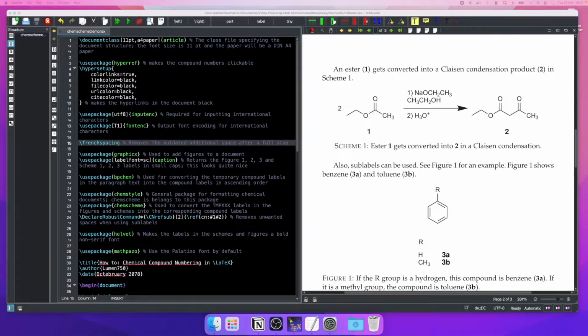LaTeX can be quite intimidating for beginners, but it can be equally helpful when working on large documents that involve repetitive tasks. And for chemists, one of these repetitive tasks is the numbering of the compounds in the document text and in the figures and schemes in ascending order. And I'm showing you today how you can do this in LaTeX with several chemistry packages that are very, very